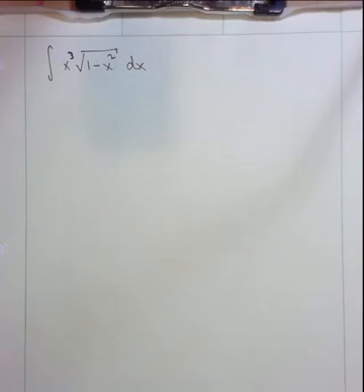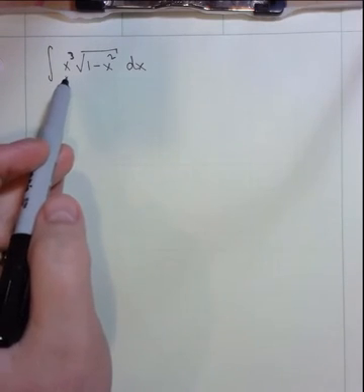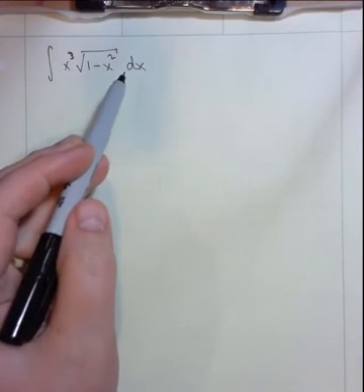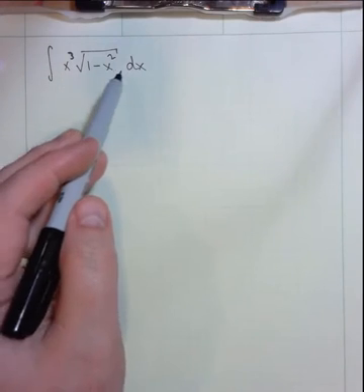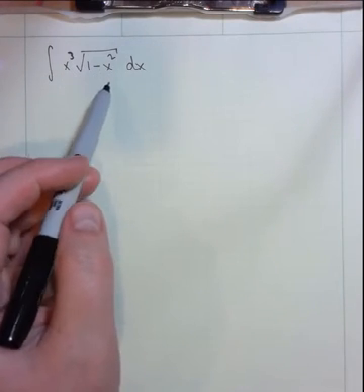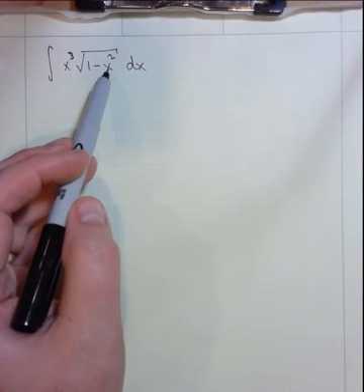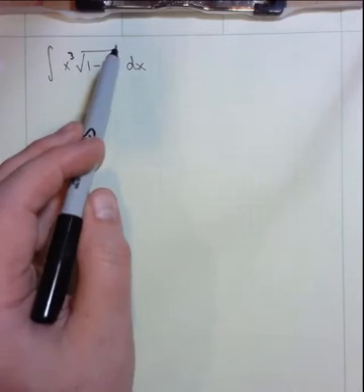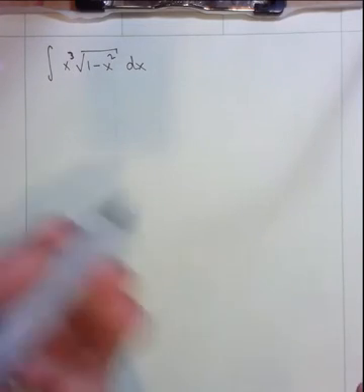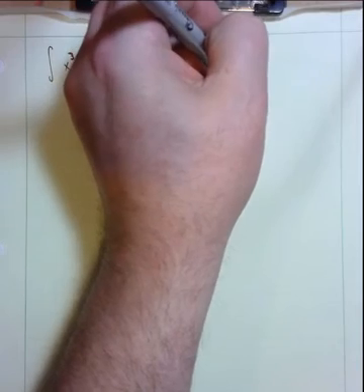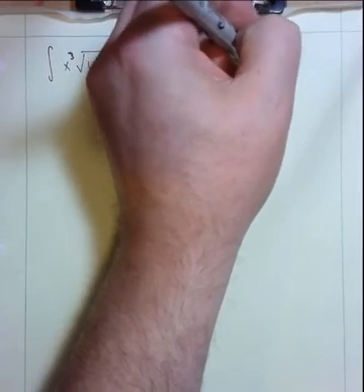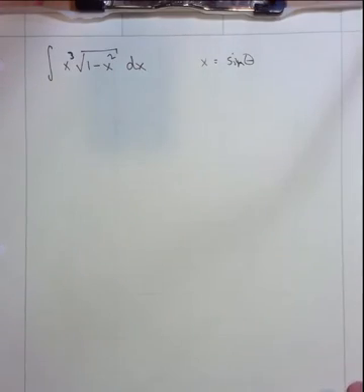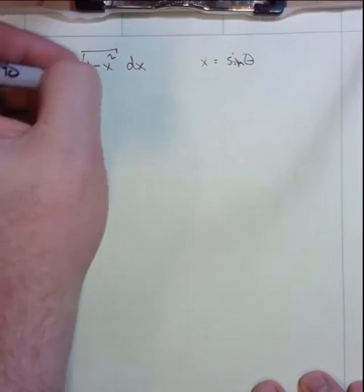So I'm going to move this out of the way. I'm going to come up here. And I'm going to say to myself, golly, I don't know what to do with this yet, but thinking about what just happened, I wish this was a sine squared theta instead of just an x squared, because then this radical would actually simplify. So let's see if we can make that work. I would just like to, in this case, trade my x for a sine theta. And if I do that,